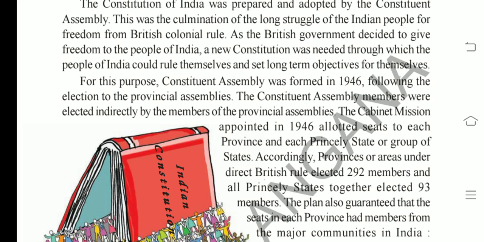So the Cabinet Mission appointed in 1946